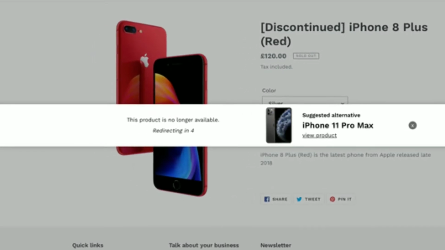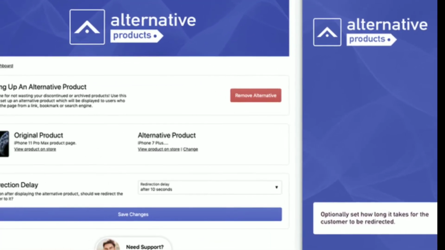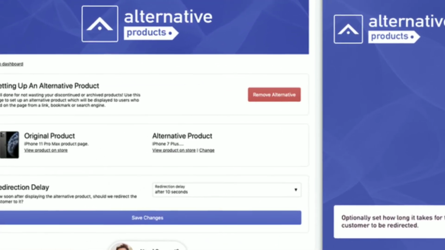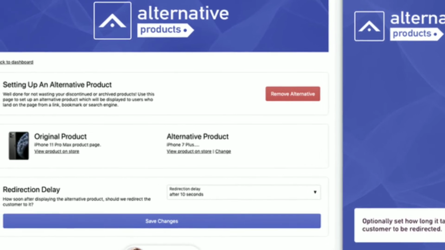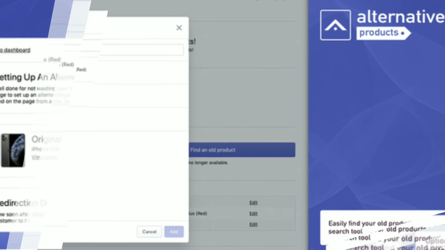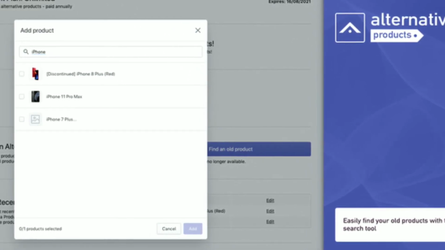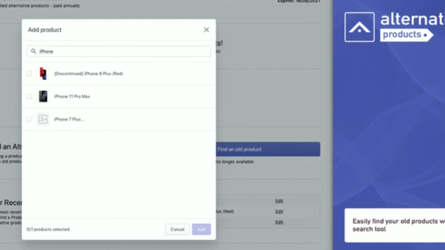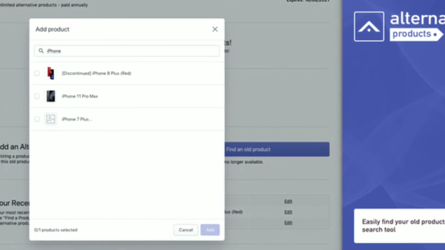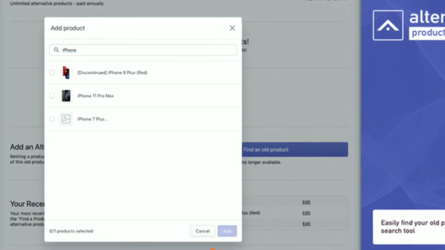If I talk about its features, it easily finds your old products and sets up an alternative product in just seconds. It configures custom reasons and lets you specify why a product has an alternative. Your messaging will change depending on the reason given, and it is fully customizable. I often use this app for single product Shopify stores and niche based stores that stop selling a particular product but still get traffic on that dead end page.